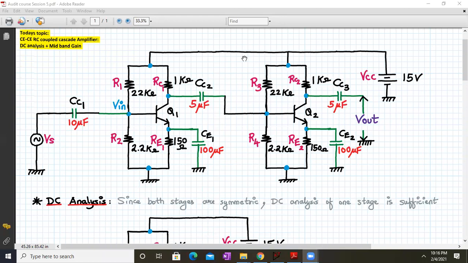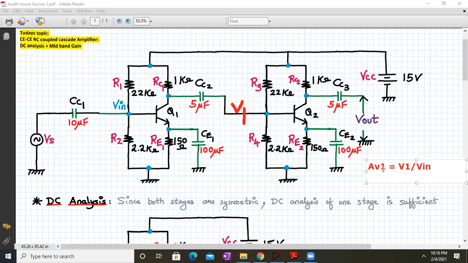Okay, so let me use this color. Here the voltage we are considering to be V1. So what will be your AV1? Your AV1 will be equal to V1 divided by V in.